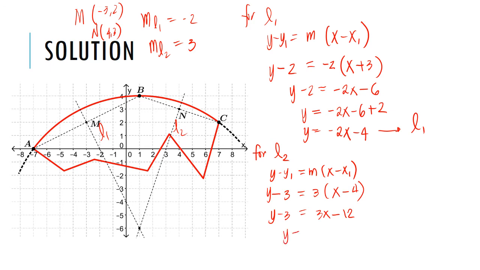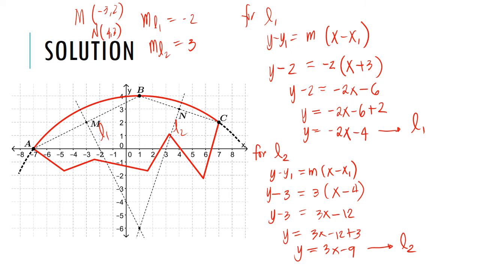Transpose negative 3, that would become 3x minus 3, minus 12 plus 3. And we have y equals 3x minus 9. This is the equation of L2. Okay, we now have the equations of the two perpendicular bisectors. And since these two perpendicular bisectors of chords AB and BC respectively pass through the center, we are going to